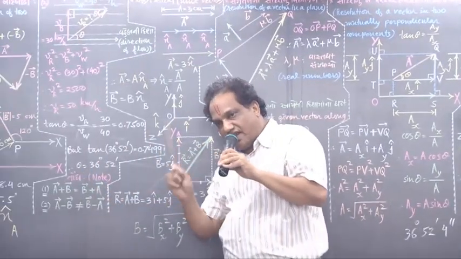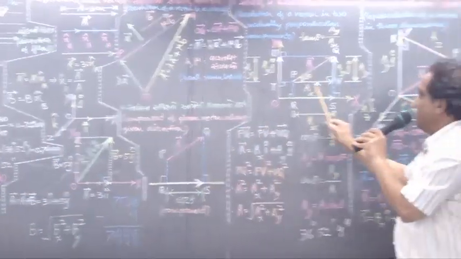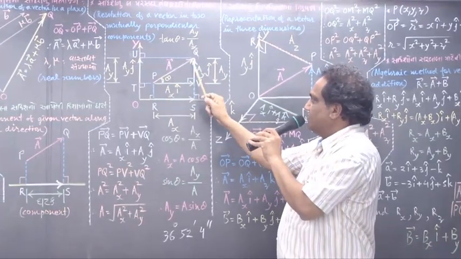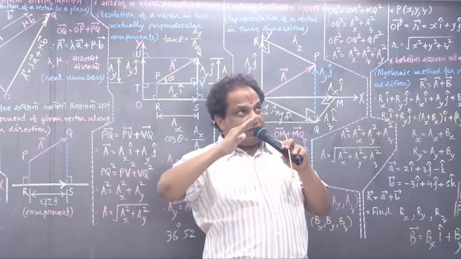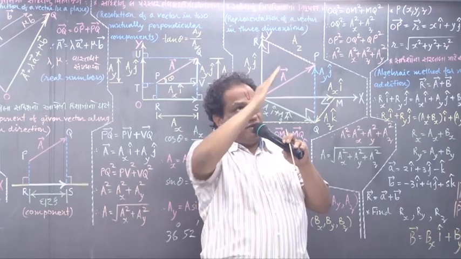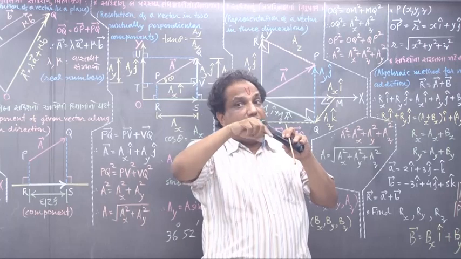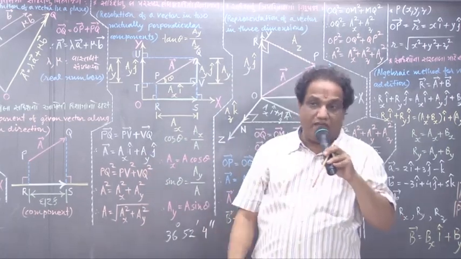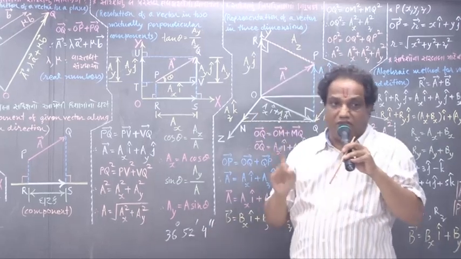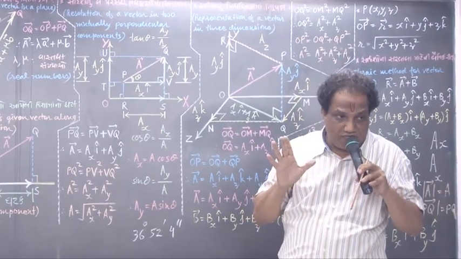Correct? So by finding theta, what are you deciding? You are deciding the direction of this vector in the plane, in 2 dimensions, where it is aligned this way or this way. That is decided by the angle with the x-axis. It is sometimes called the angle of directivity. Angle theta is called the angle of directivity.